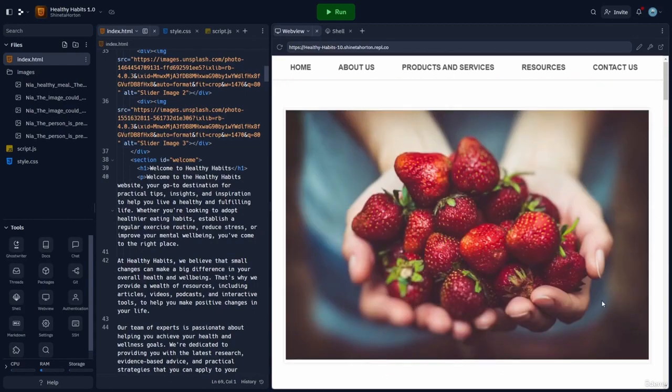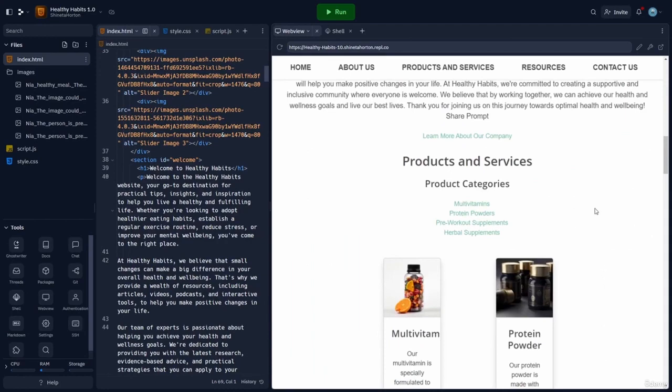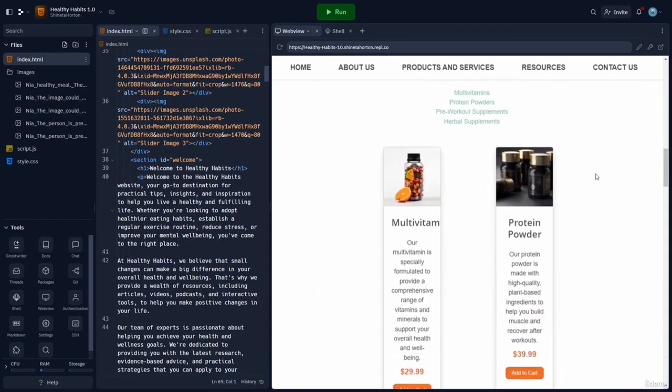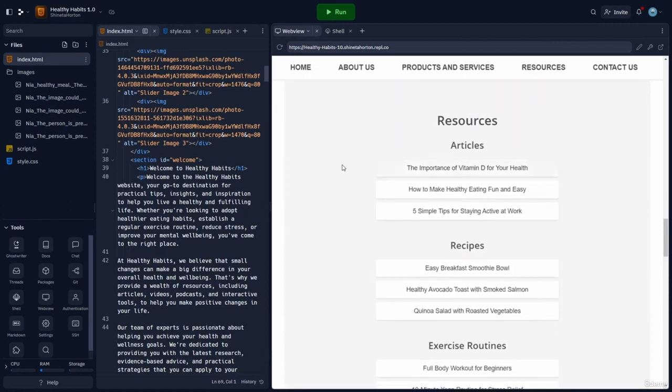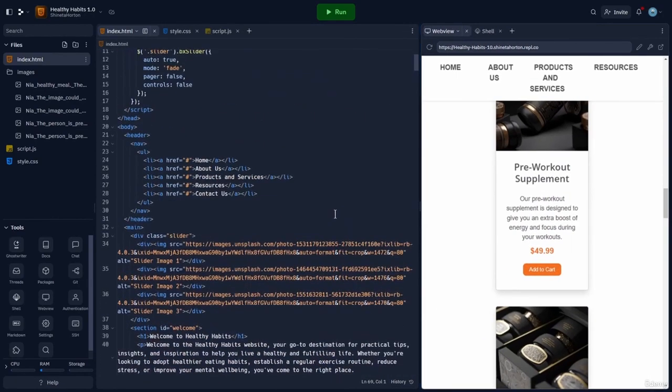All right. So the next thing that I want to do is let's add some of these articles, and we will probably just set them up as files and then link them directly to the files. So we'll have to ask ChatGPT to create an article page that discusses the importance of vitamin D for your health. And what we'll do is we'll go ahead and